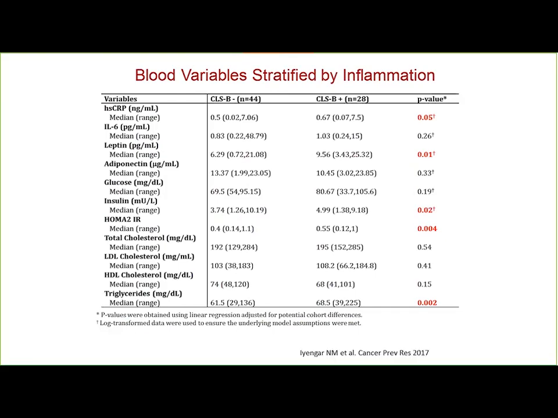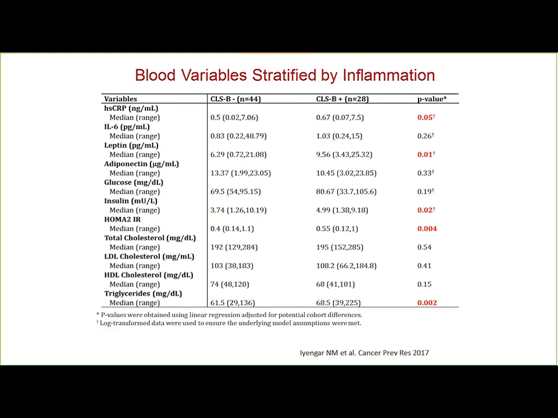We wondered whether these normal BMI inflamed women might be metabolically obese, and so we looked at their blood. And here you see data from 72 women. Again, all of them had a normal BMI. All of them would ordinarily get a pat on their back by their primary care doc, telling them to keep up the good work because their BMI was normal. And the answer is, not so fast.